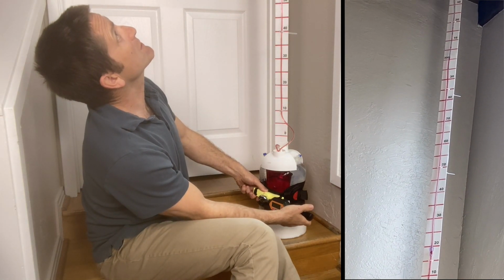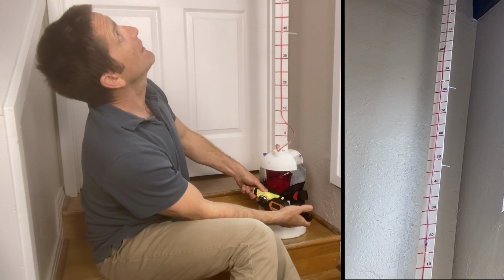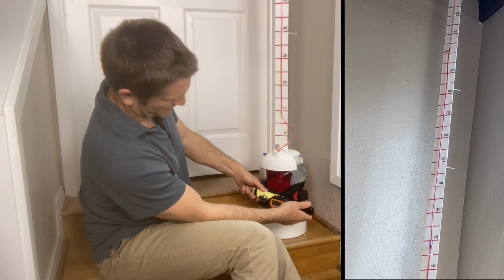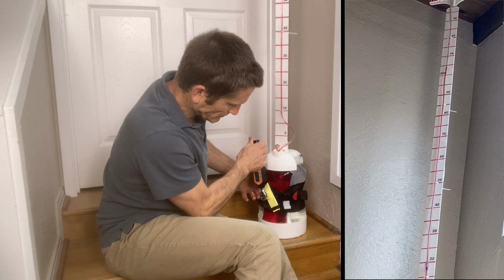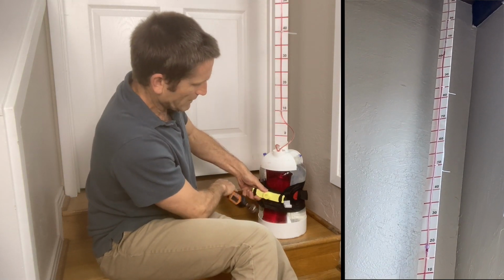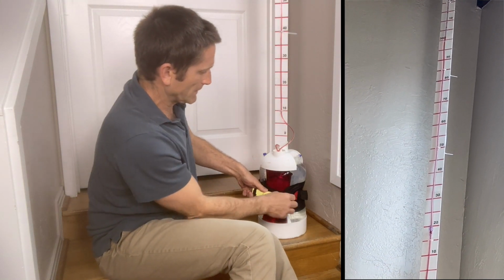6.14, my pressure is 305 roughly. I don't know if I can go further with this. No, that's the end of the line. Okay, so this is...